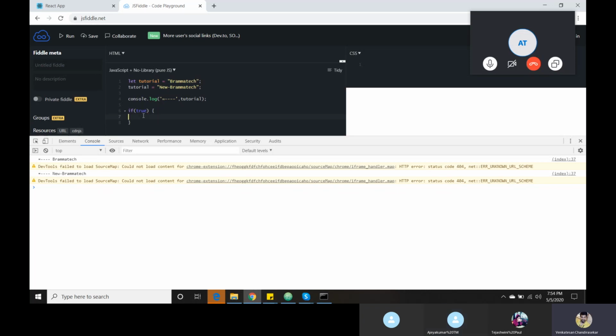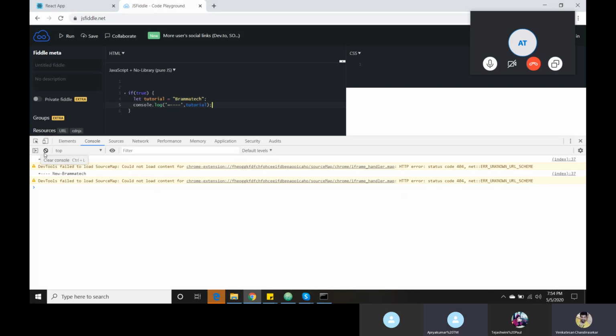Now I am going to give my let variable here. I'm just deleting var. Var is a global declaration, as I said earlier, whereas let and const are block scoped. It will be alive only within the block; outside of the block it won't. I will give one live example now.